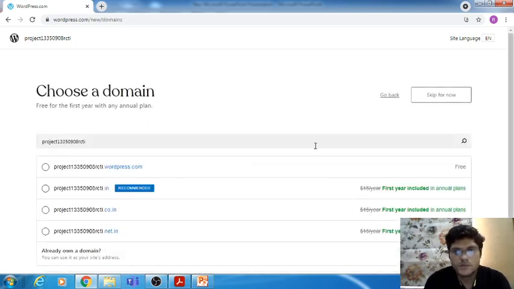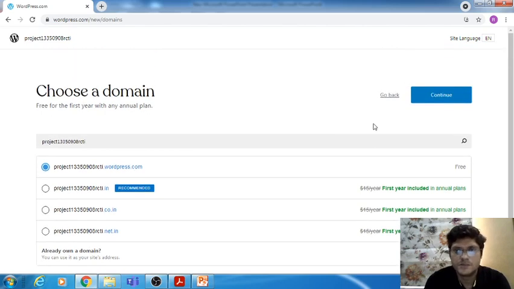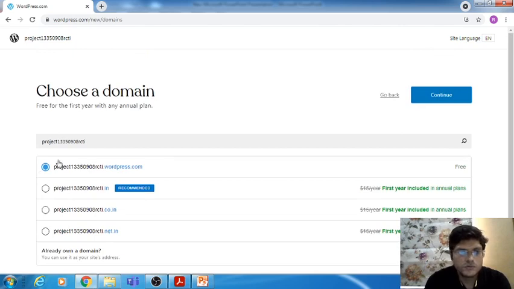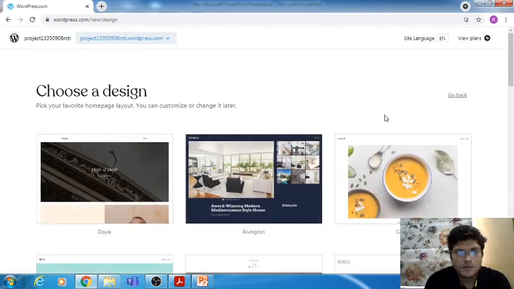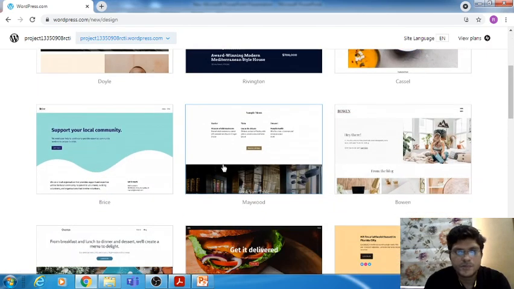So I'm just going to continue, and I need to make sure that the free website option is selected, otherwise they will ask you for money. So just click on the first option and then continue. Then we need to select a theme as per our requirement.